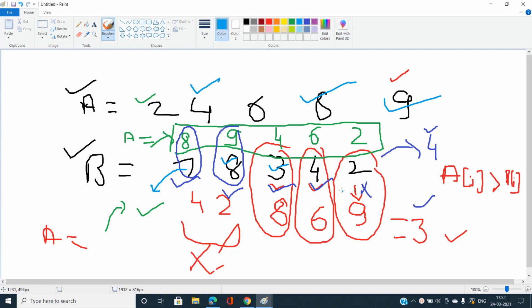Again I check element 4 of B, if there exists an element in array A which is strictly greater than 4. Yes, it exists, it is 6. And for 2, if it doesn't exist, let's fill the last element as it is, 2.